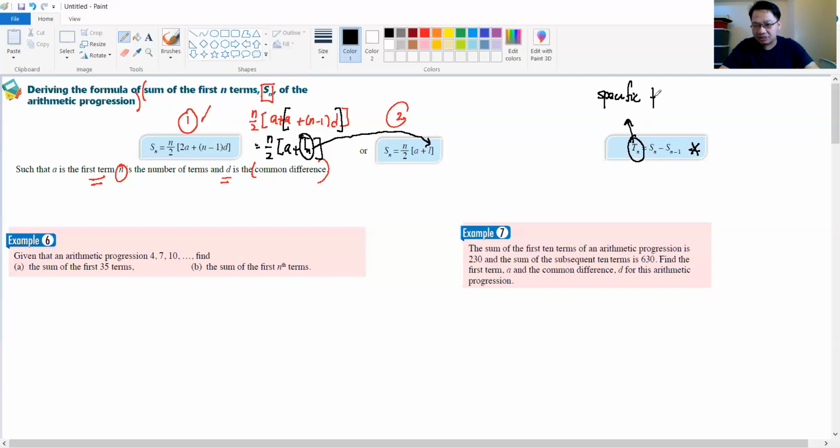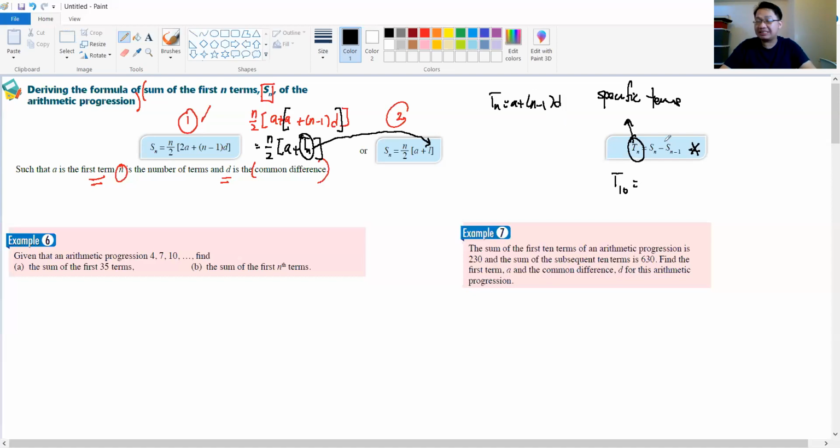Okay, specific terms. If you look at the formula, it is Sn minus Sn minus 1. That means the sum of n terms minus the sum of the previous terms. For instance, let's say I want to find T10, that means the 10th term. Besides using Tn equals a plus n minus 1 d, which is from a previous topic and can also be applied,